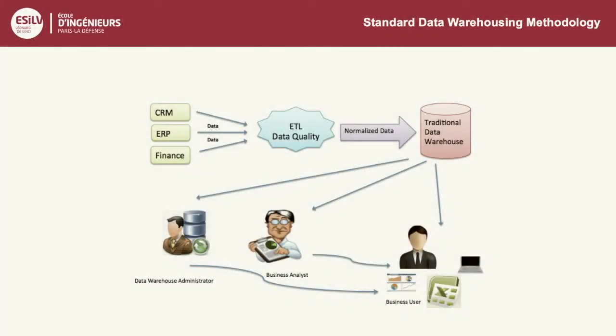Just to let you know how it works normally inside the management of data. We had data warehouses, and this type of data warehouse works like this. We have inputs. These inputs provide data, and the data are processed by ETL, which is called extract, transform, and load data, in order to compute the quality of data management. And then when it is normalized, the normalized data is put inside the data warehouse, and this data warehouse stores